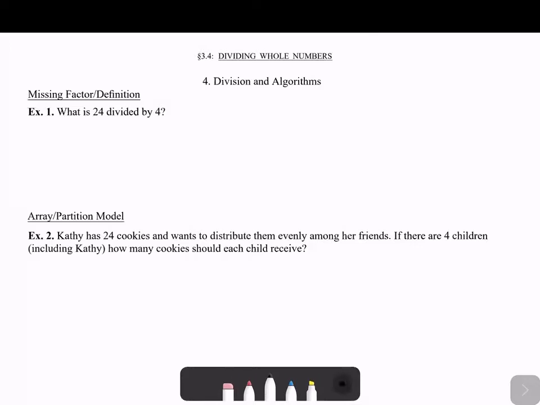So we said that 24 divided by 4 equals some number, let's just call it x, for a variable. So this is true if and only if, again, this is coming from our definition, 4 times x equals 24. So now we know that 24 divided by 4 is x if and only if 4 times x